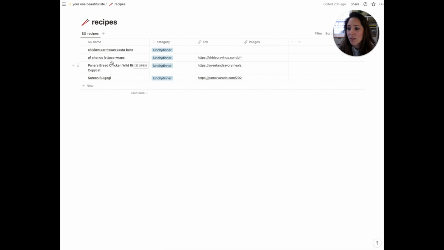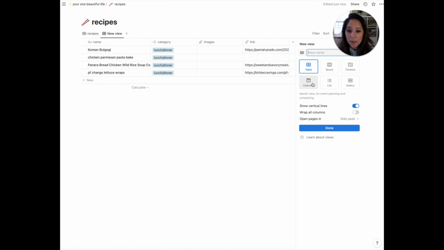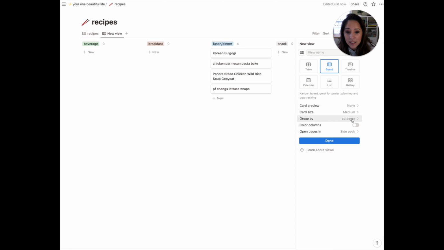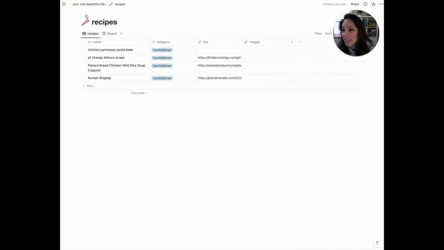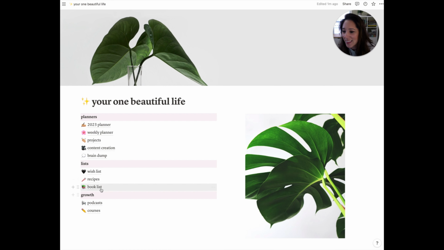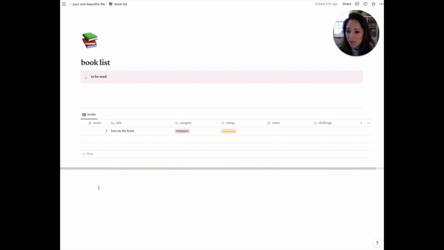Recipes is so fun. You get to put all of your favorite recipes here. What category is it for? The link to the recipe, and then that way you can even add a view here. So like by category, if you wanted, let's do a board and let's group it by category. It usually kind of does it for you. AI is so fun. And then you can have all your breakfast recipes here, all your lunch recipes there. It's so cool. So there's recipes,